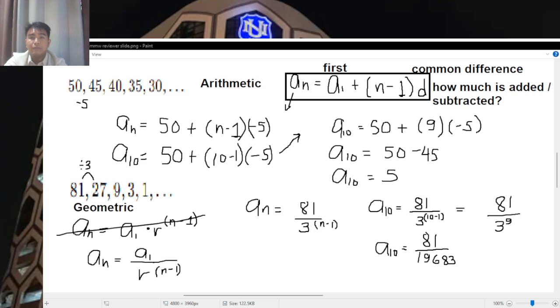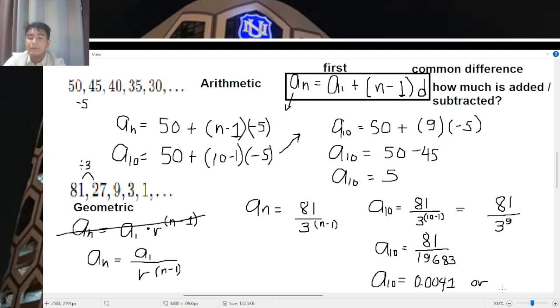So, moving forward, let's answer. What is 81 divided by 19,683? Can you solve that? Okay, one more time. 81 divided by 19,683. So, with that, you can answer this in decimal form or in fraction form. So, the answer would be here, 0.0041. Okay, at least 2 decimal numbers that are non-zeros would be enough.